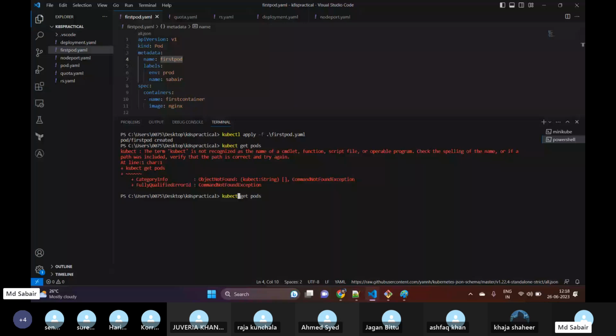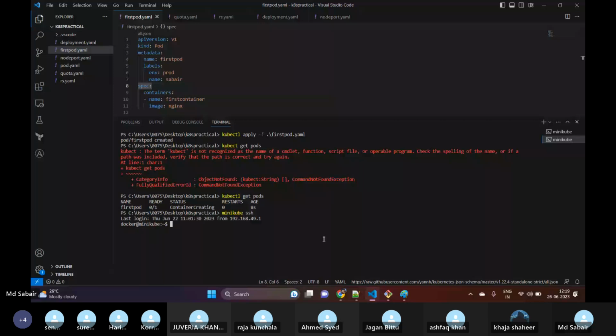Here, whenever I created any container, I haven't specified any CPU limit, I mean how much RAM it should use, how many CPU cores it should be using, right? So what is happening? If I do minikube SSH and log into my node, this is my node, right? If I do docker stats, then here I can see